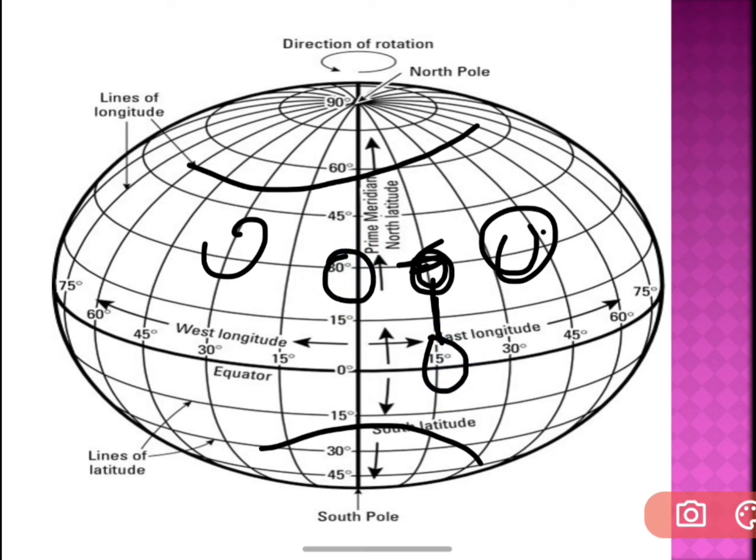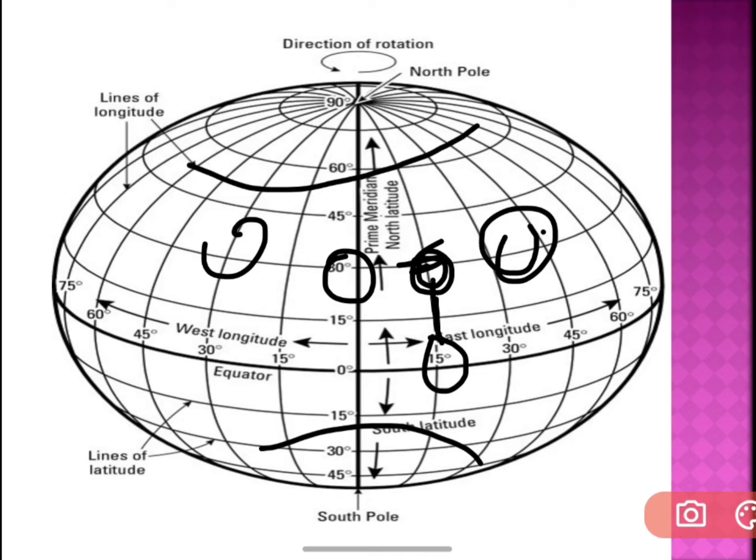So if you know the hemisphere and the degrees like this, then you can easily locate any place on the surface of our earth. Or if you are taking help of a globe to locate a place, if you know the latitudes and longitudes, you can easily locate it also. Okay, this grid makes it easy to locate a place. First look at whether it is northern hemisphere or southern hemisphere, and then check whether it is eastern hemisphere or western hemisphere. According to the hemispheres, if you locate the latitude and longitude, then it will be easy for anyone to locate the place on the globe.